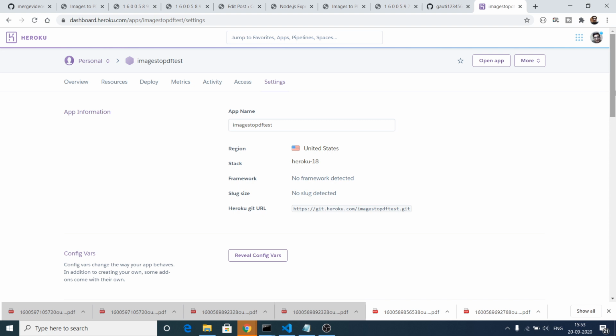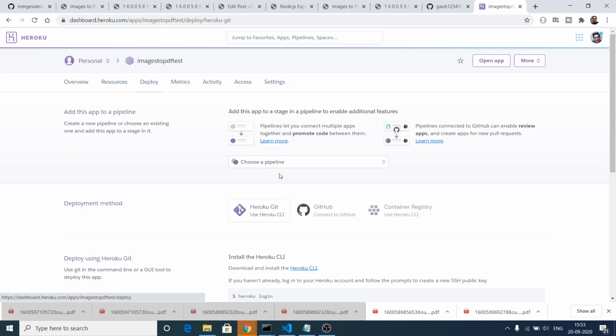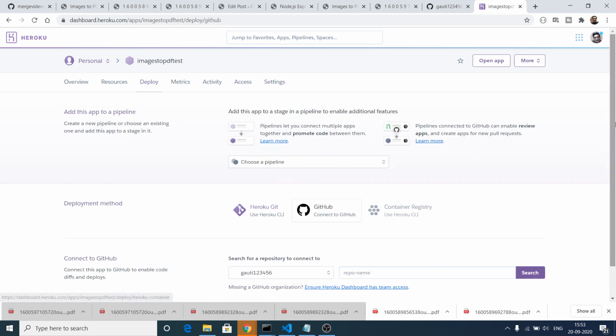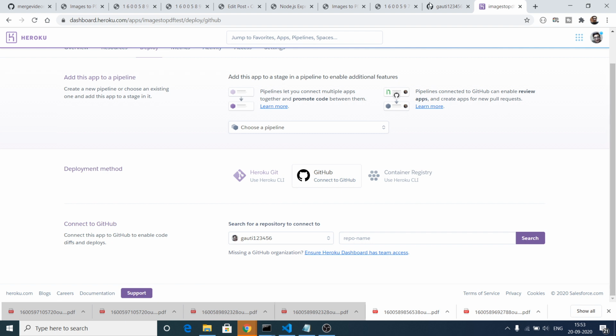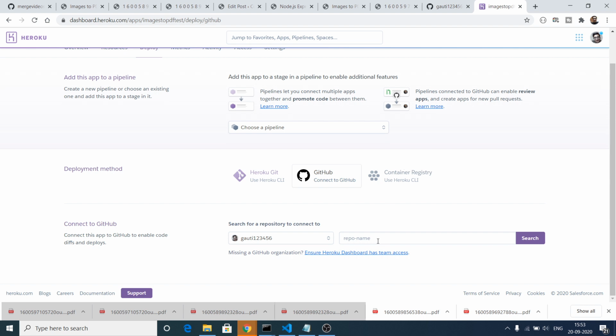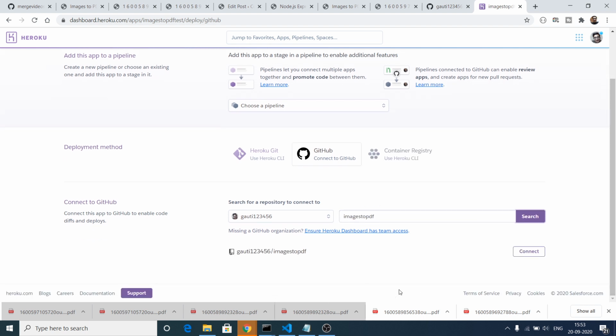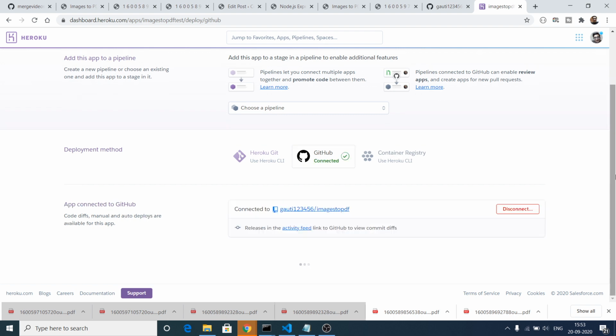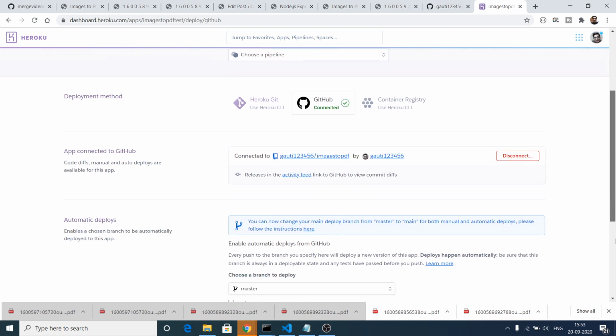And now we can go to the deploy section. So connect your GitHub repository. Whatever name you have, you can just search for it. Mine is images to PDF. So I can copy this name and paste this name, images to PDF, search. So this is my repository. Click connect. It will connect your repository,